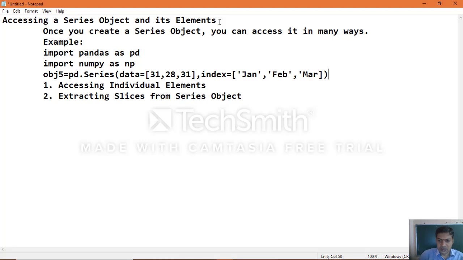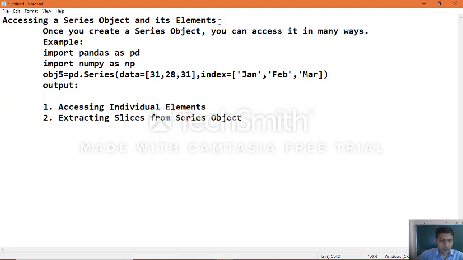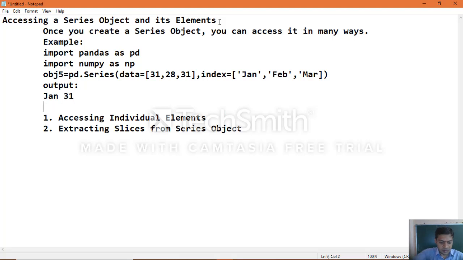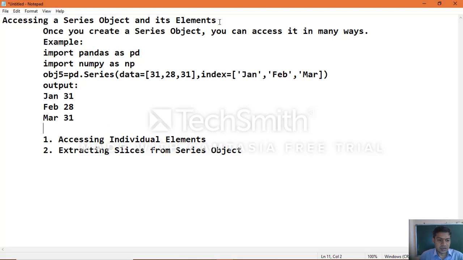Okay, this is one example. In the output you will see Jan 31, Feb 28, then March 31.